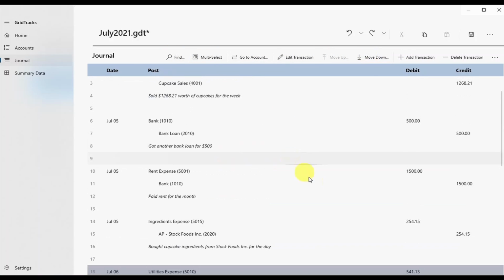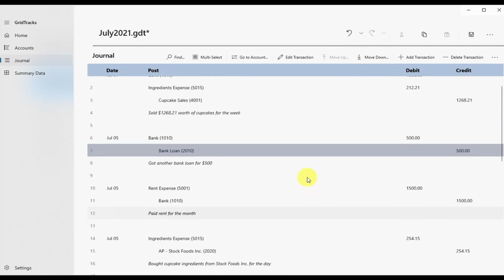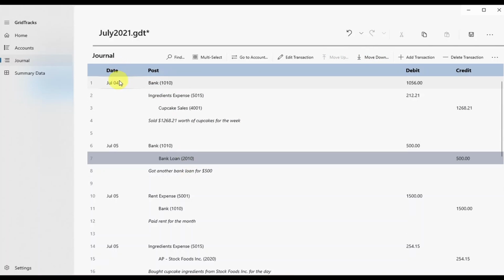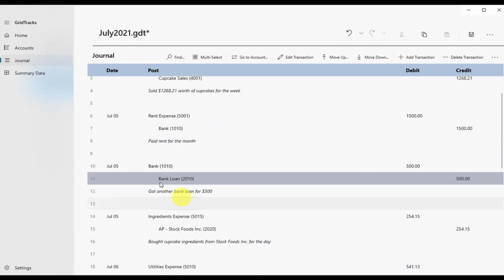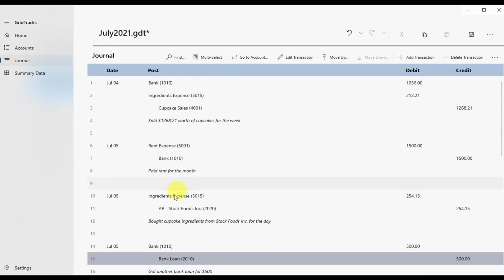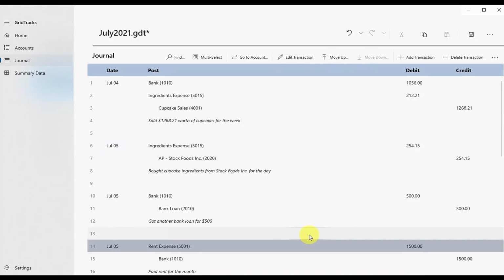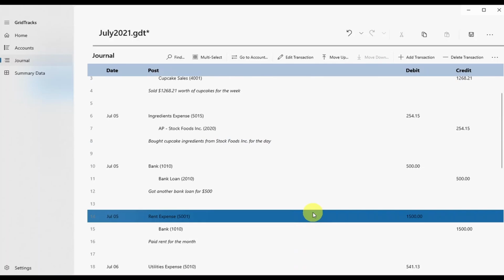As I mentioned earlier, you'll notice here that I have 3 transactions that are all July the 5th. And I told you that if you want, you can reorder those by using the move up and move down. So notice here that because July 4th is the transaction above it, I'm actually not able to move it up because they have different dates. But I can move this one down if I wanted to, and I can move it down again. And at this point, I can't move it down anymore because the transaction below it has a different date. But of course, maybe I want to swap this one with the one above it, or I want to move this one below. And I can do whatever I want,